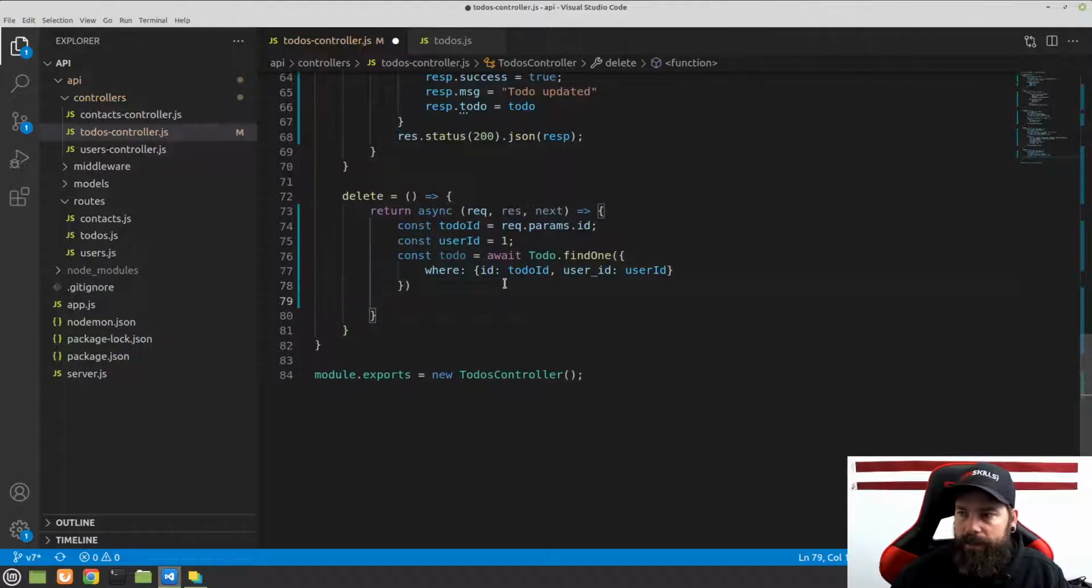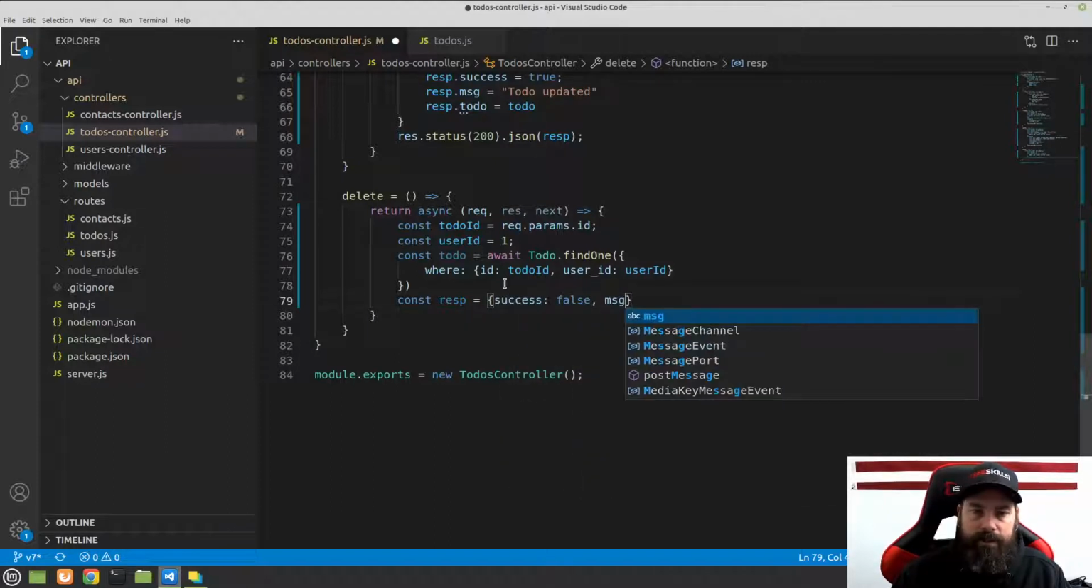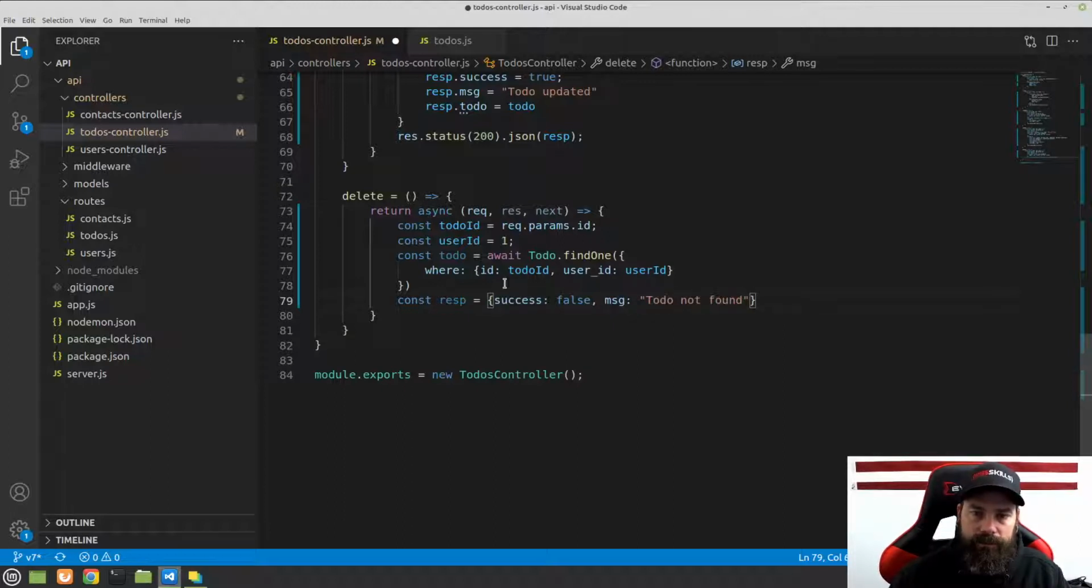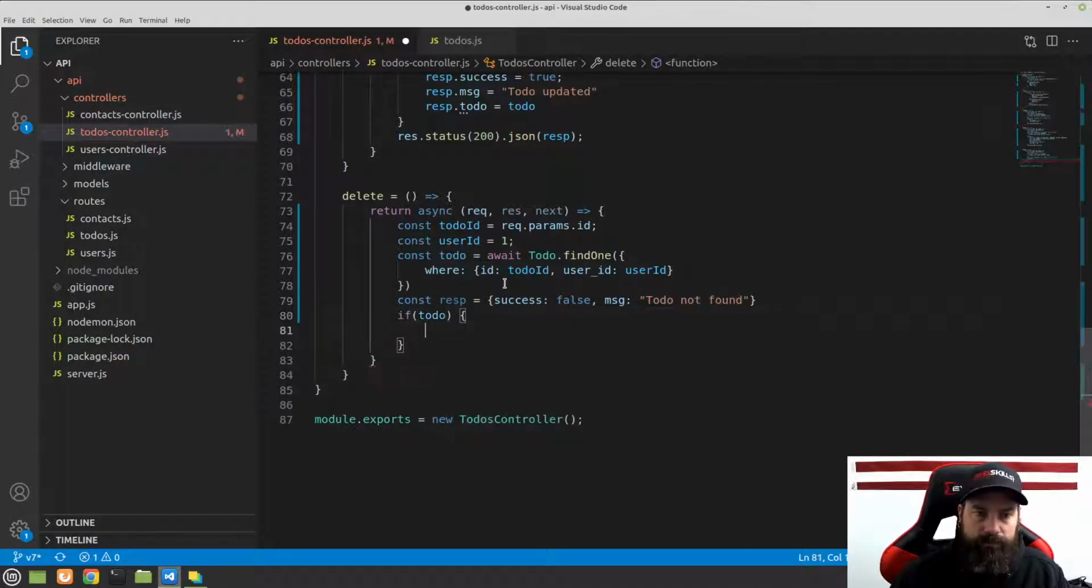Okay, and then we'll do a response. So our default response is going to be a false. So we'll do success false, message todo not found. And then what we're going to say is if the todo is found, then we're going to use an await, and we're going to say